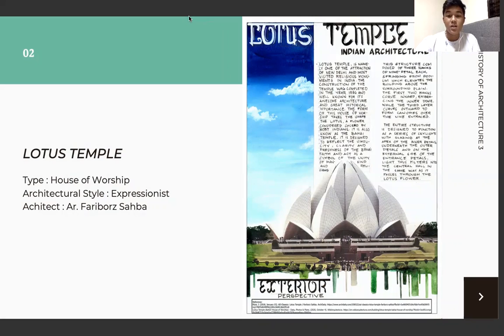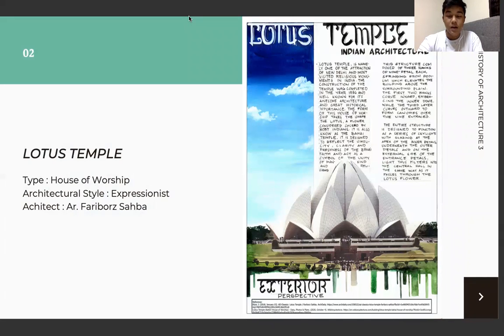Mashriq al-Adhkar in Arabic, a place where the uttering of the name of God arises at dawn. In New Delhi, in the early 21st century, it was one of only 9 mashriqs in the world. The Lotus Temple was consecrated and opened to the public in December 1986. It was designed by architect